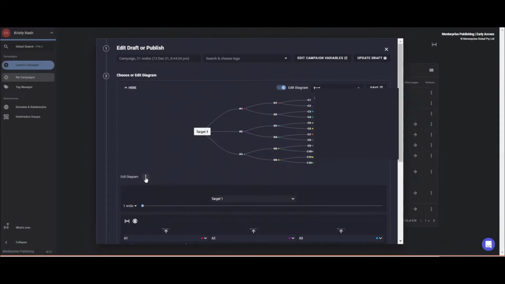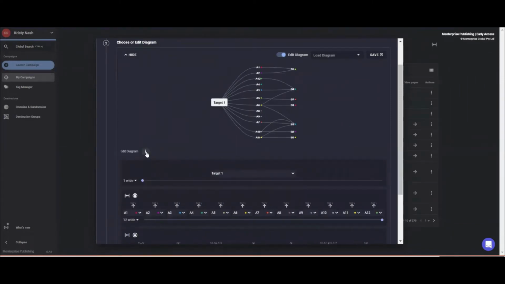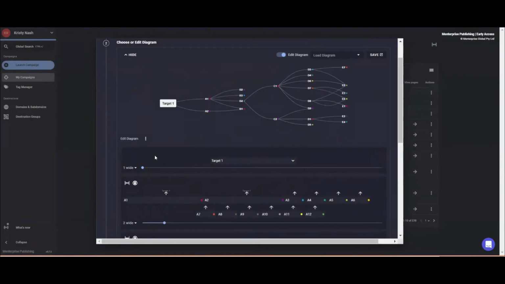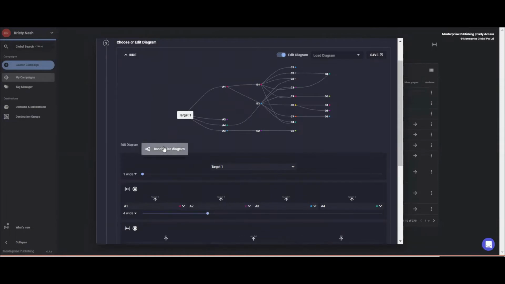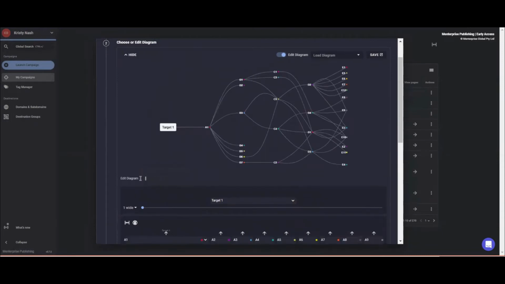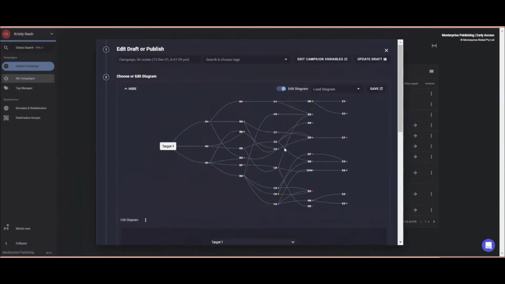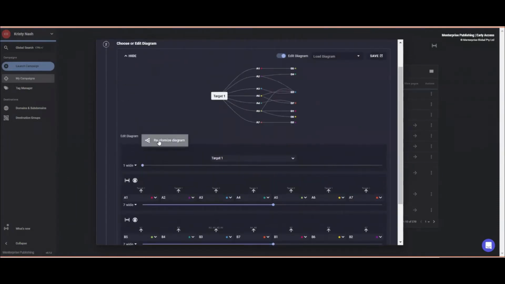Maybe I don't like that. Maybe that's not enough for me. So you can randomize the diagram. Oh, right off the bat, that's a nice one. Yeah. I like that one. Wow. Darn it. So, but you can get unique ones as well. You can keep going until, see, we've got that one. Oh, squid looking one, right? I like a lot. But I like, that's a nice one too. This isn't too bad. I mean, you can just sit here and keep going,